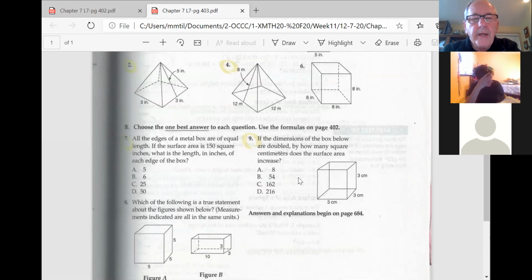Okay, what about number 9? If the dimensions of the box below are doubled, by how many square centimeters does the surface area increase? That's interesting. So you got to do a little math on that, right? If the dimensions have doubled, every dimension is doubled. What's that do to the surface area? Doubles. Well, more than doubles,